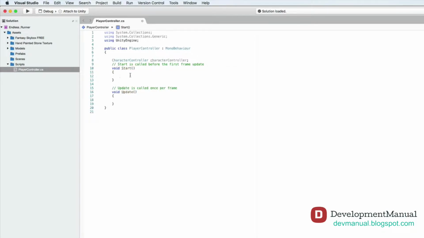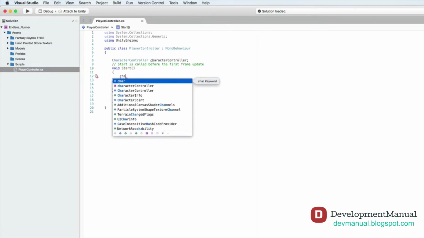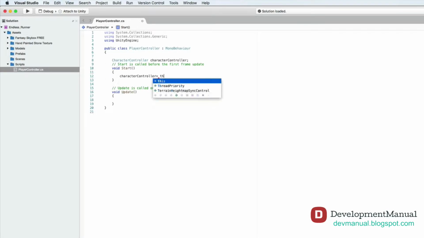And if you're wondering what a function is, it's just a block of code that's organized under a specific name. In this case, it's Start, and this Start function is a predefined function in Unity. In the next tutorial, we're gonna write our own functions, and then perhaps you'll have a better understanding and appreciation for functions. Let's step into its body and type characterController, small c, and set it equal to this dot